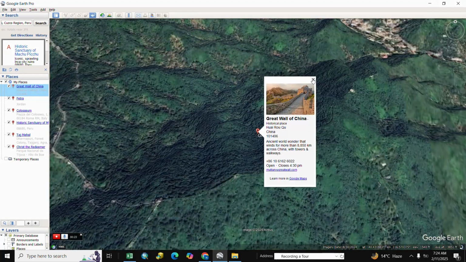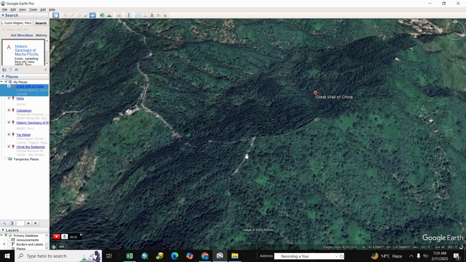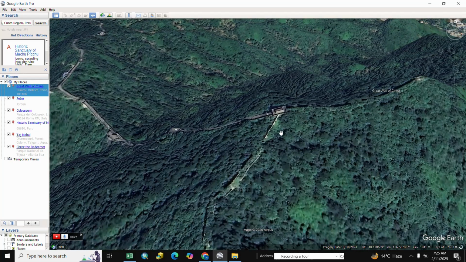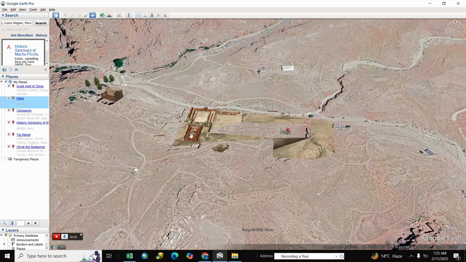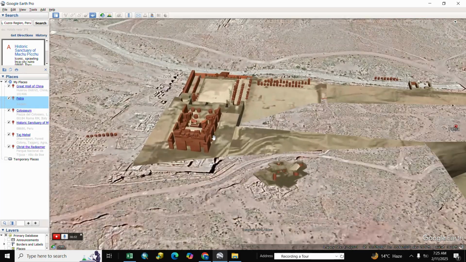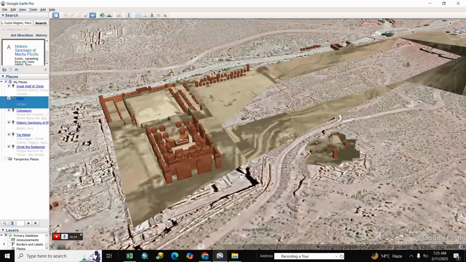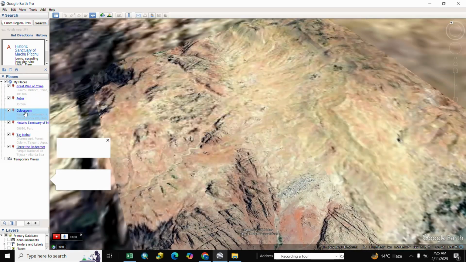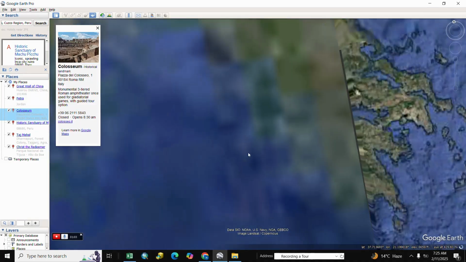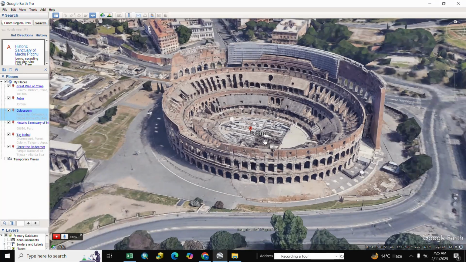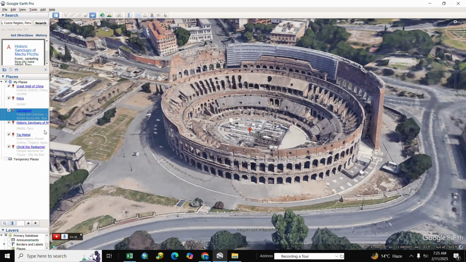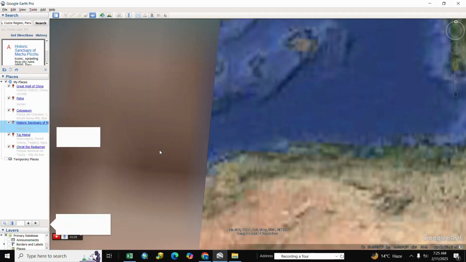It's Great Wall of China. You see here China wall and next you see here 3D and next we click here to go. You see here your particular location and next